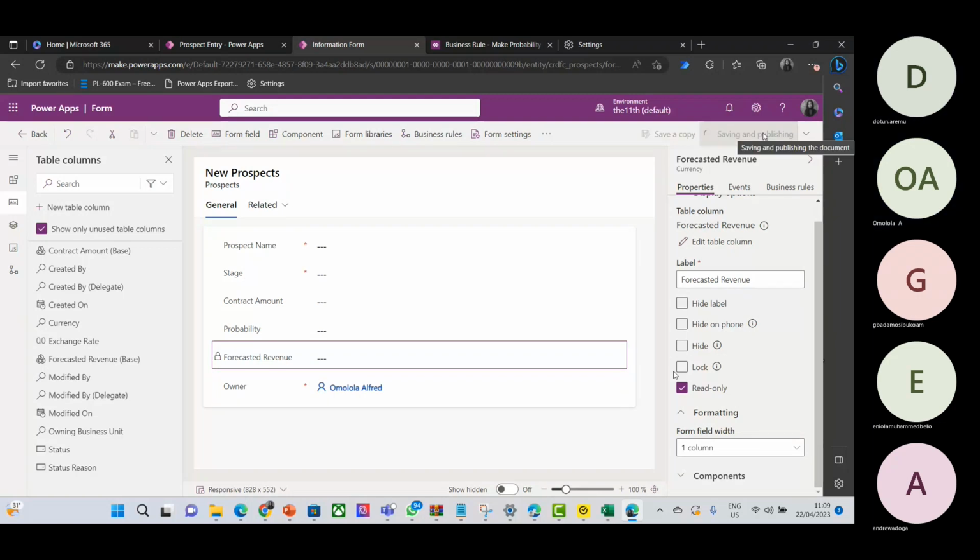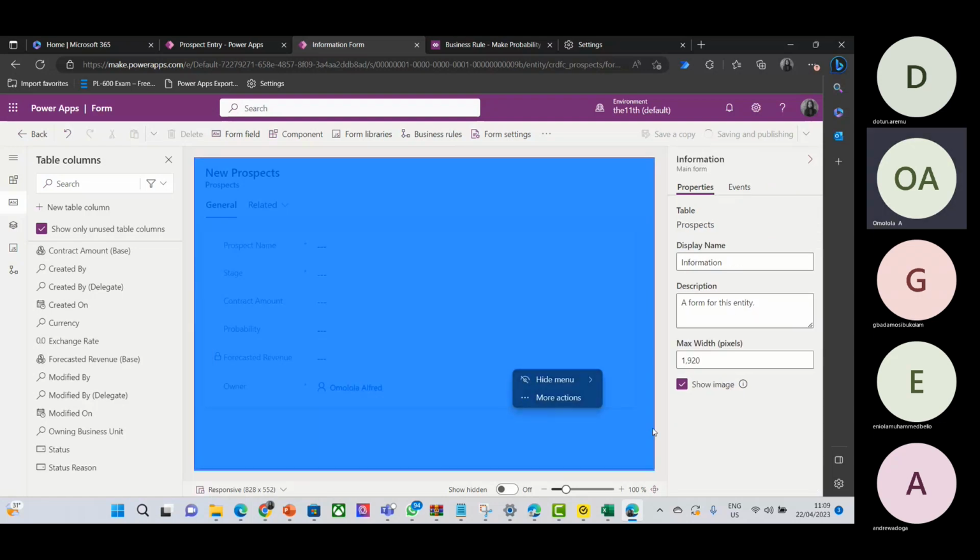Hi, Lola. Hi. Yeah, so I wanted to ask, when we added the forecasted revenue, it came with a padlock. What does that mean with respect to this read only that we have to select again? Okay. Basically, right, it means that,